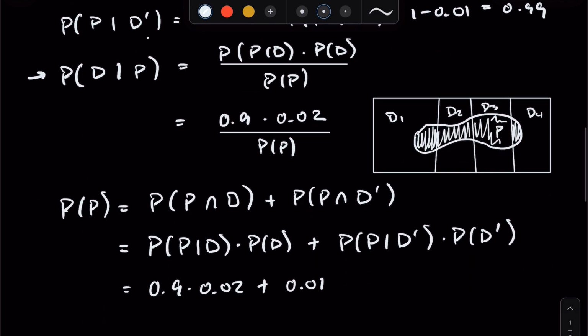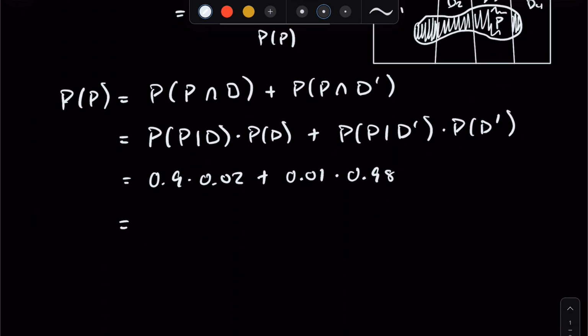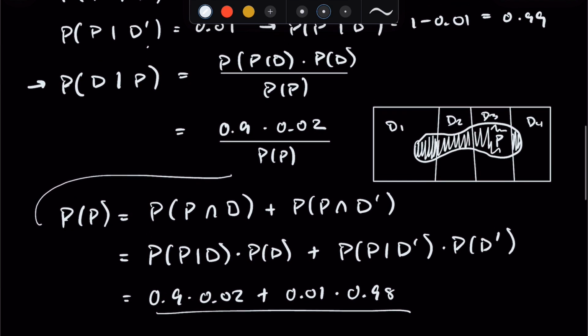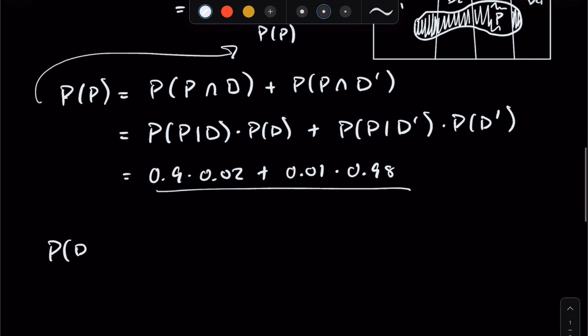So 0.01 times 0.98. So now from this we can get our total probability of P. This is what probability of P is equal to, and we can substitute this back into our original expression derived from Bayes' rule to get the probability of D given P is equal to